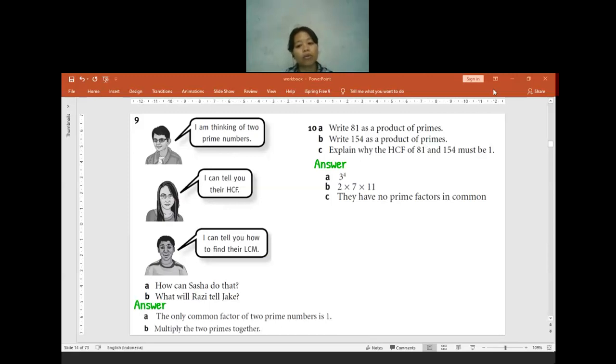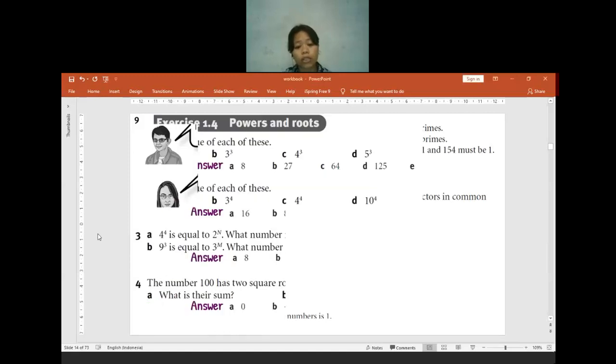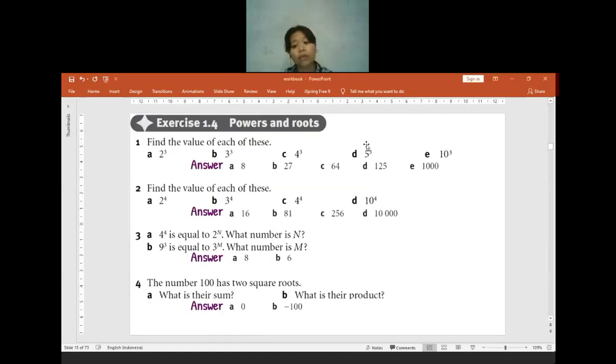Is there anyone who gets confused, or maybe I talk too fast and you get confused? Is there anyone who gets confused? No confusion? Okay. If no confusion, then I will move to the next exercise on your textbook page 10. Really, for sure, no question? Feel free to ask if you have any question. Do not stay quiet. It's always okay for all of you to clarify all your doubts. Okay. If you have no question, I will move to exercise 1.4.